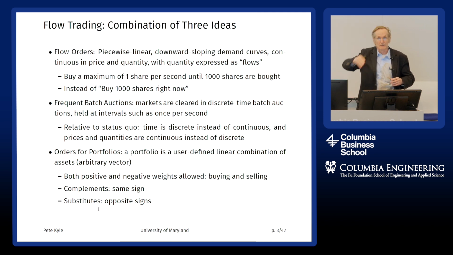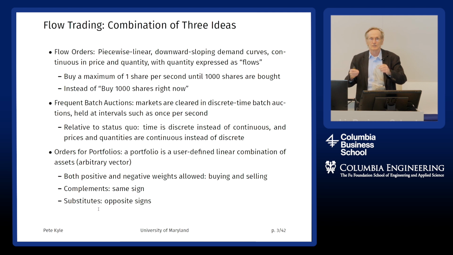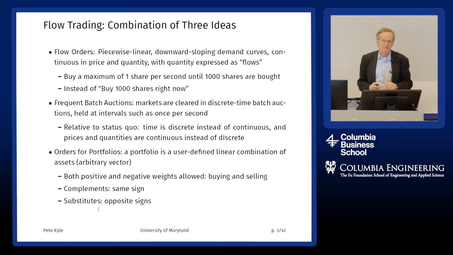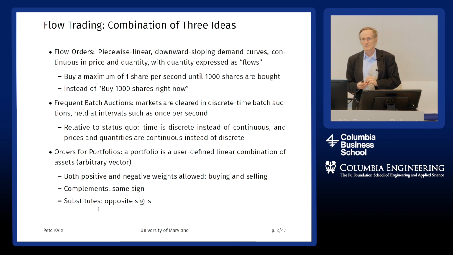You submit an order that's a downward sloping demand schedule that's continuous, and we require it to be piecewise continuous. And without loss of generality, we can think of an order as a piecewise continuous function that executes a quantity of 0 at one knot point, and then at some other knot point executes a different quantity at a different price. It only has the one downward sloping interval, with 2 knot points on either side. And so that's going to require prices be continuous and also require that quantities be continuous. So unlike in the current market design where prices and quantities have this discreteness, we're going to get rid of that and make them continuous.